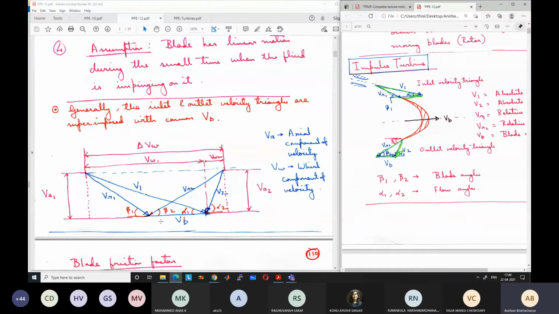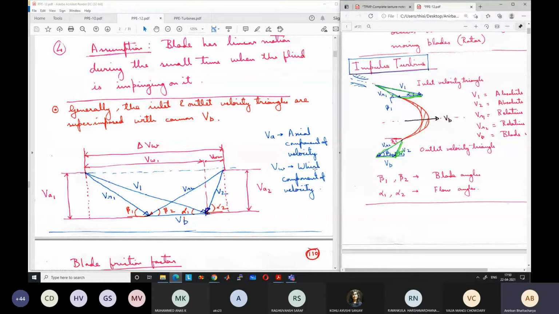Okay. So with this now, what is the direction of movement of the blades? The direction of the movement of the blades is the direction of vb. So this direction is the direction of the movement of the blade. This direction is known as whirl direction. Whirl means rotation, so direction of rotation. You can also call this the tangential direction. Whirl direction is also known as tangential direction, but typically the term whirl direction, whirl component, is used.